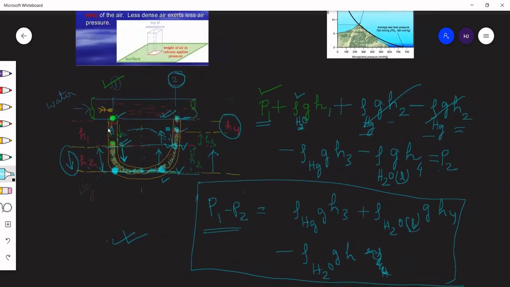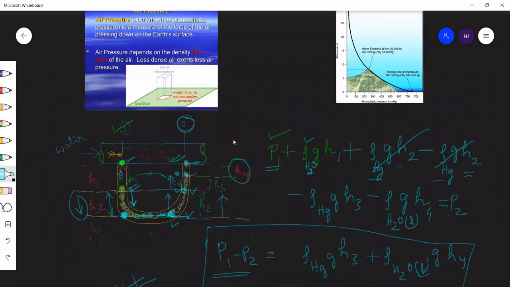Same logic. Go here, come down. When you are going down, pressure increases; always think of the fluid, height, depth. Again, when you are going up, pressure decreases. When you are here, it is P2 pressure. When you are here, it is P1 pressure. You create the equation, and from the equation, you can get the solution. Use this equation to get the solution.